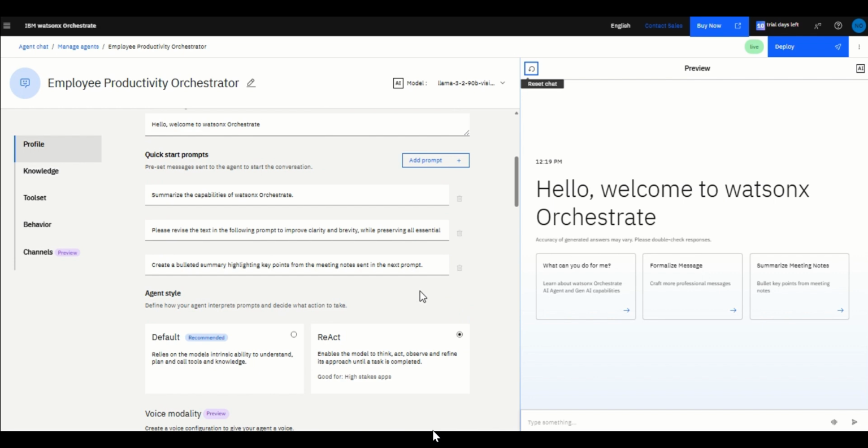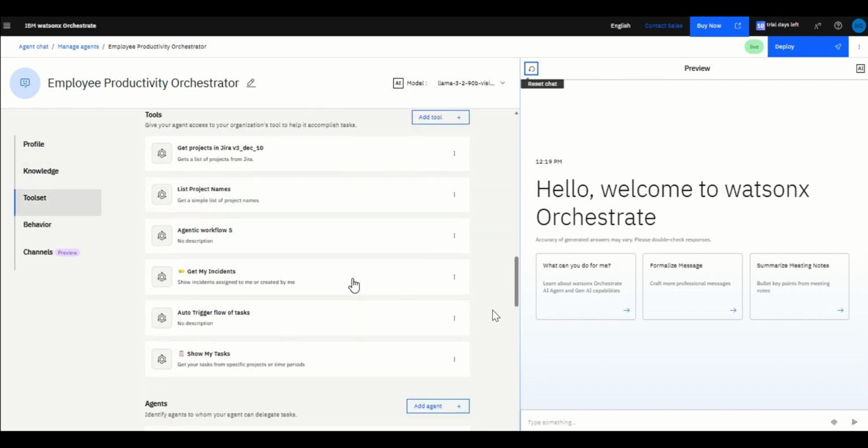If I'm in the middle of a meeting and I got a priority incident which I missed to check, then it will notify me that I got a priority incident and I need to take action accordingly. If I got an email which needs my immediate attention, but I missed it, it will notify me that I got an email which I missed to attend. So this is how the Employee Productivity Orchestrator agent works.